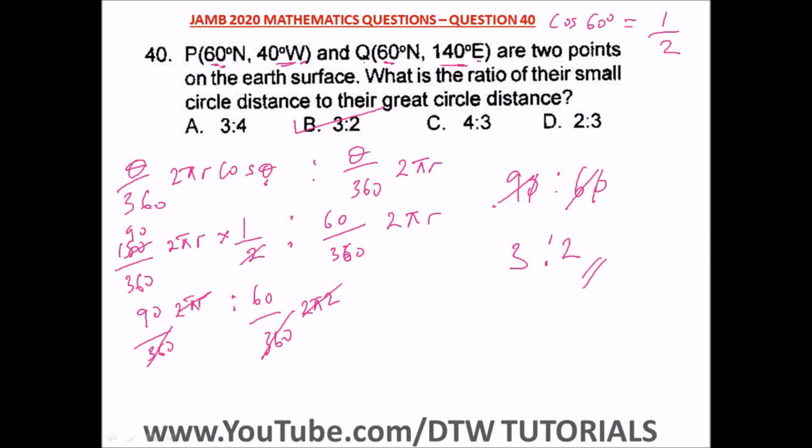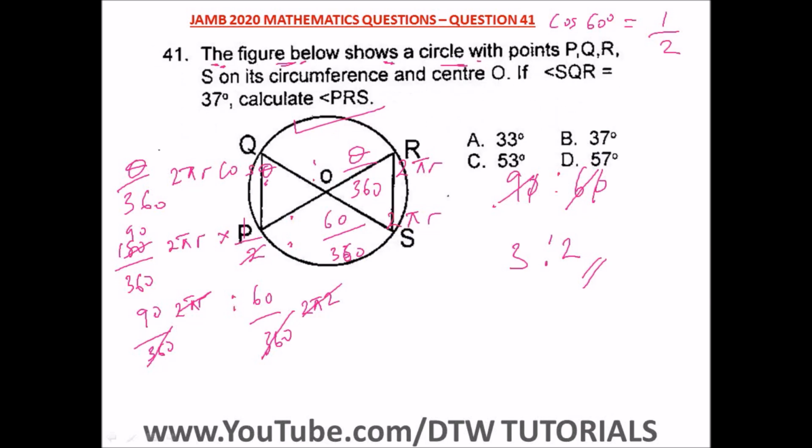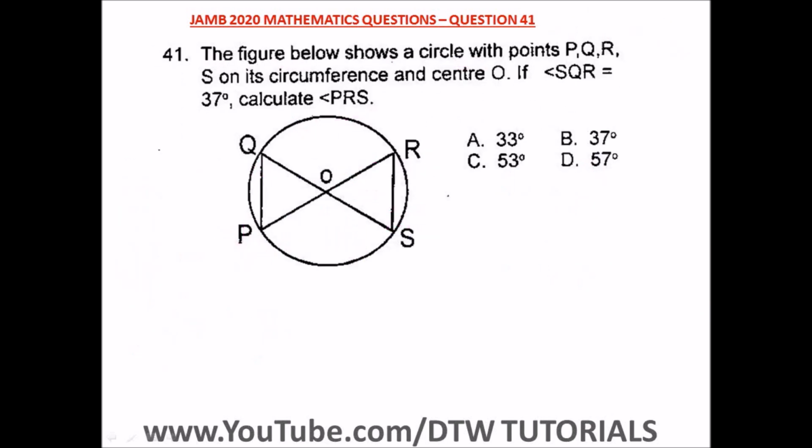We're almost done. We are getting closer and closer to the end of our past question. So with that, we'll go to the next question, which is question number 41 of the Jamb 2020 past question. So we have the question that says, the figure below shows a circle with points P, Q, R, S on the circumference